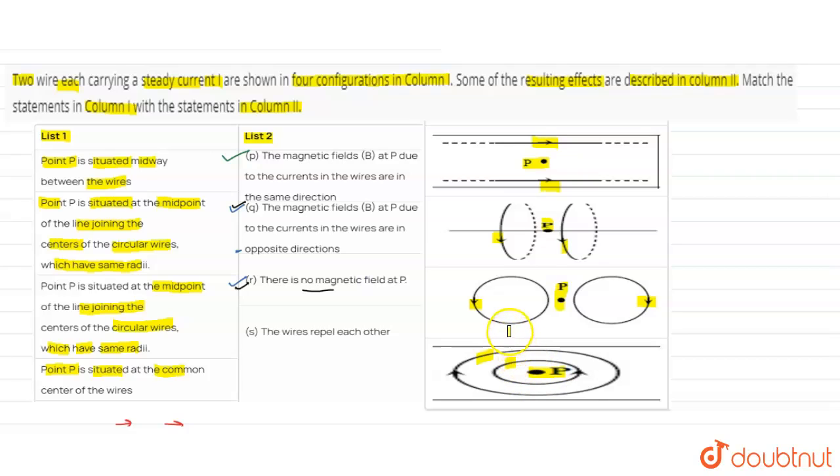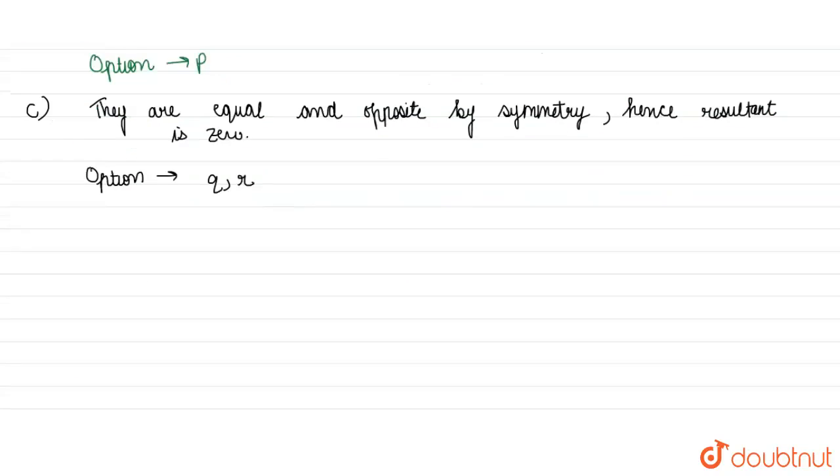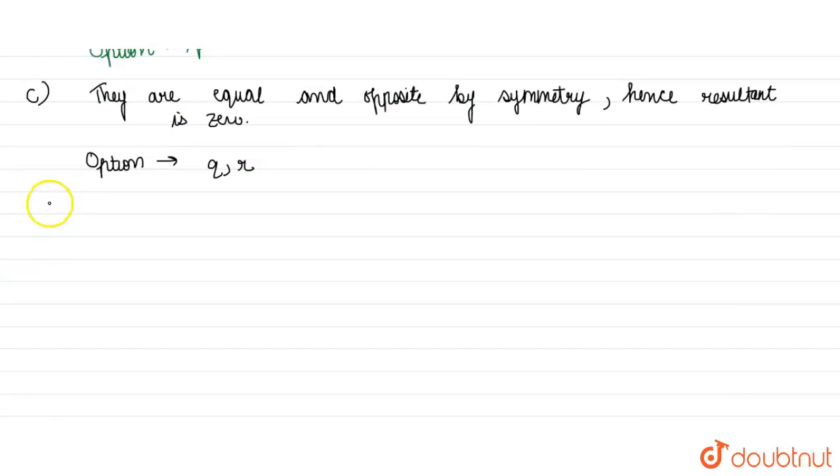Now for this we also have the thumb rule. So in the D part here we will write by thumb rule, magnetic field lines at P due to both wires are in opposite direction, and since the radius is different,